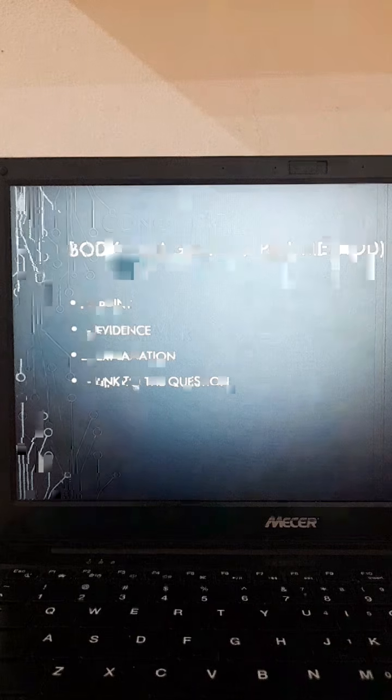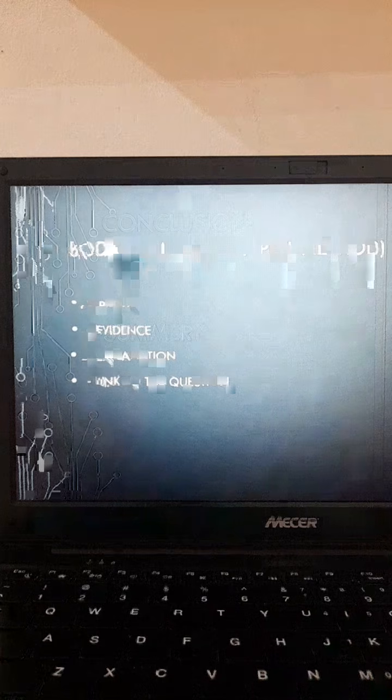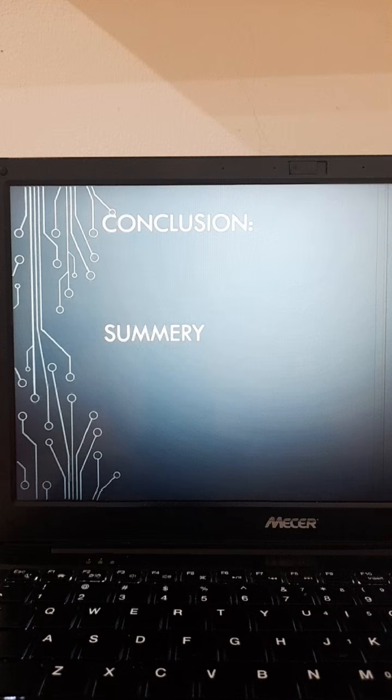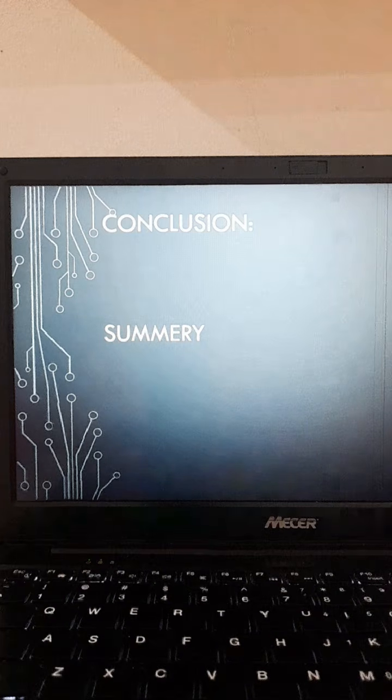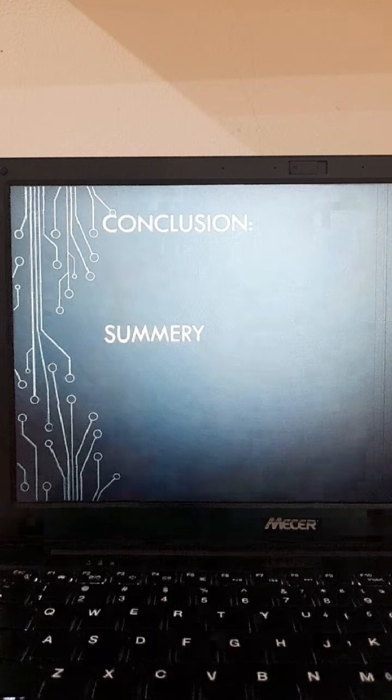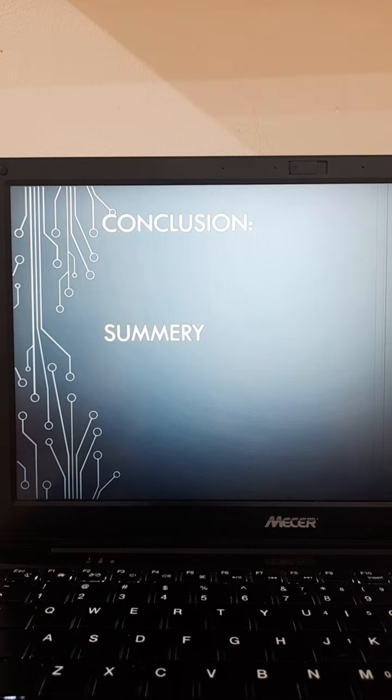So let's go to your conclusion. Your conclusion doesn't need much. You understand? Your conclusion, you don't have to think outside the box. You don't have to bring something new. You just have to take the whole information that you wrote from your introduction to your body paragraphs and combine it into a summary, like a small information, which will make one paragraph. Then that will be your conclusion.